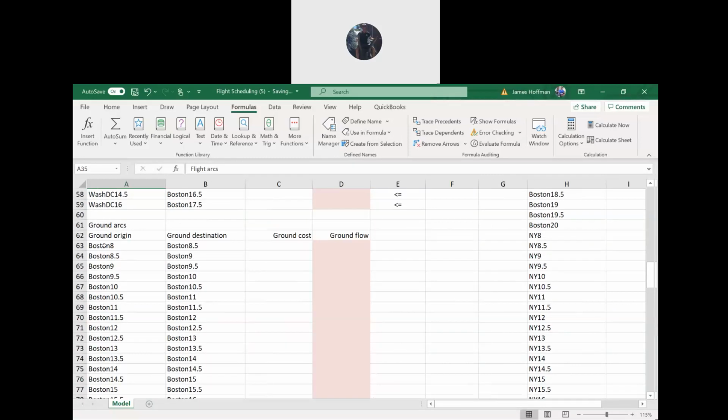Okay, for the ground arcs, let's do all those at the same time as well. So starting with ground origin, you can select this big range. So question is,